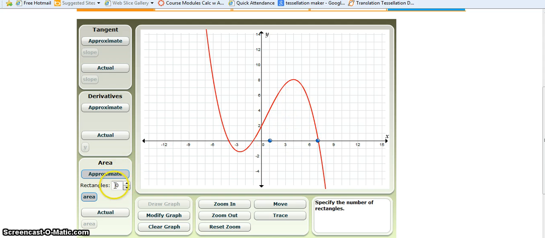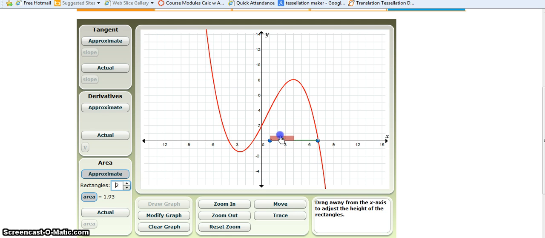Now that you've done that, it changes and it says specify the number of rectangles. So this is your direction box down here. Let's just try this with one rectangle, because that's how we're going to start approximating area. If you move it here, do you see that little red dot? That's what I call the midpoint dot. That's not a very good area approximation. It says it's about 47.85. It's not good because you have some outside and you have some that's not covered. So let's change it. Let's try two